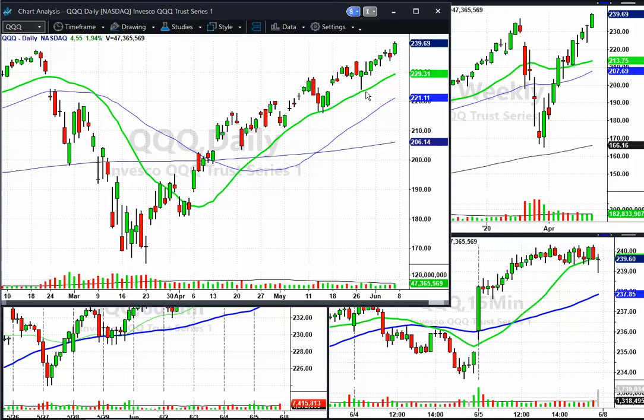What do you think is more likely to happen? That this will come down and take out this 224 area, or go up to 288 after this extended run? For me, and again, I can't speak for you, to me it's higher odds that this will come back down and take this out before it goes up to 288.